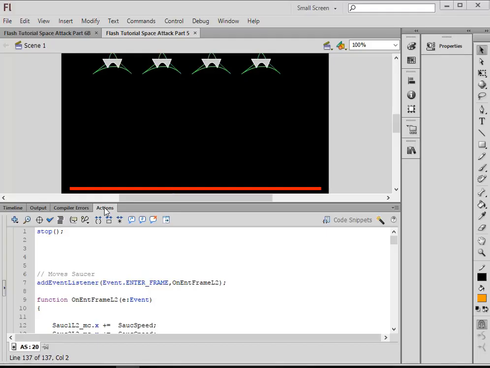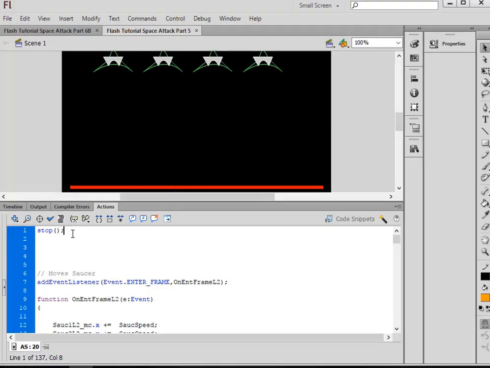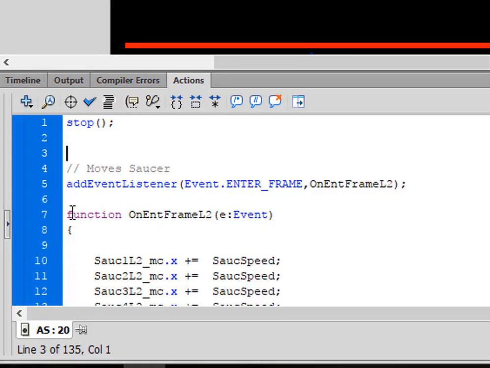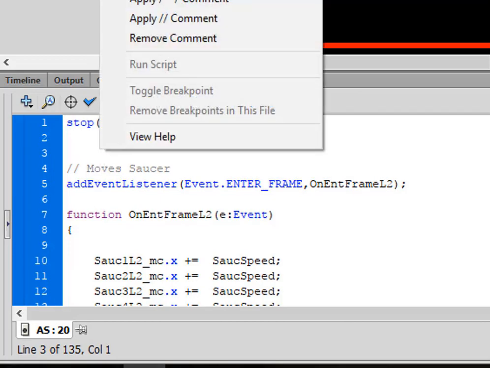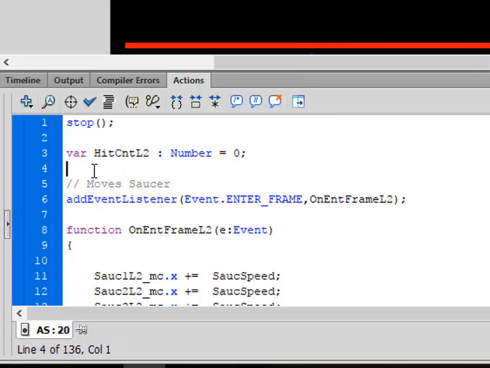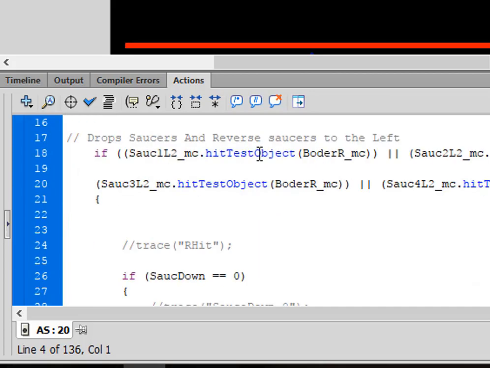I have the Actions panel open, and I want to start by putting in a variable here that's going to allow us to count how many of the spaceships have been hit on level 2. Type: var hitCountL2:Number = 0;